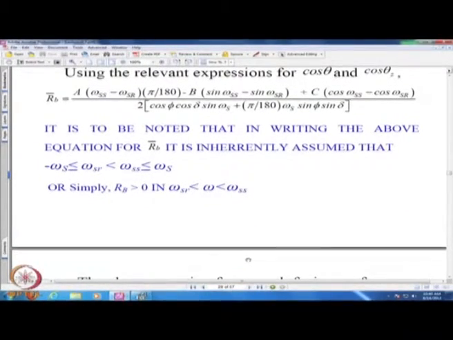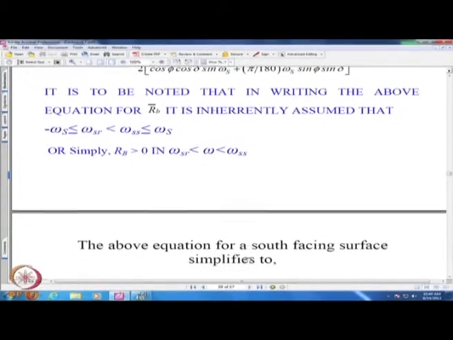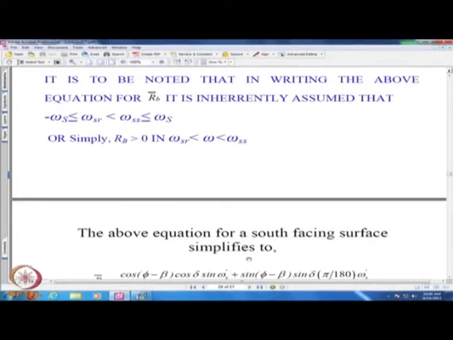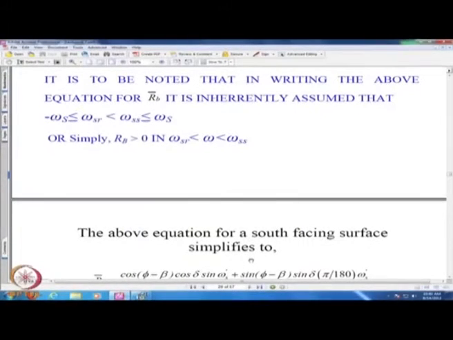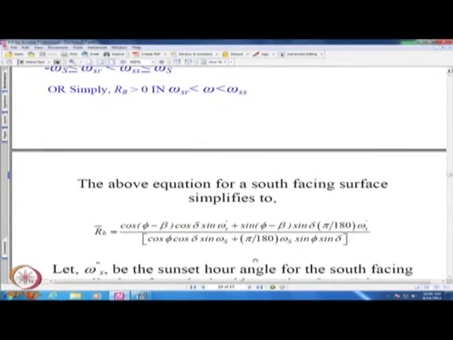We will definitely discuss a lot more when we are evaluating omega_SR and omega_SS. To be simple minded, you assume omega_SR is close to sunrise. Suppose you have an east facing surface, then omega_SR will be closer to minus omega_S, and if it is slightly towards the west, that will be a little less than minus omega_S in magnitude. So for these deviations it seems to be perfectly logical. Most of the time you may have that assumption not violated, but there will be equally important situations where that assumption may not be valid.